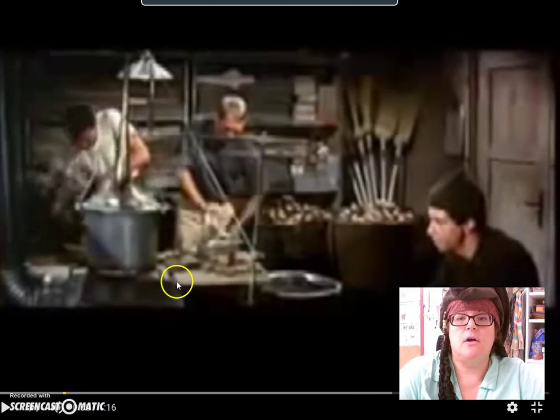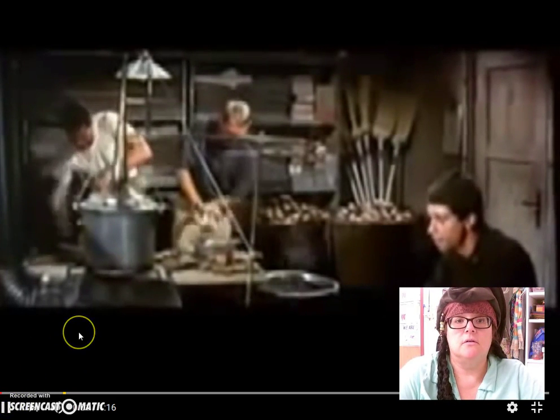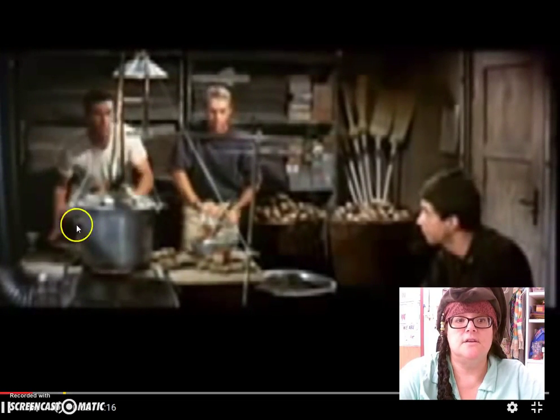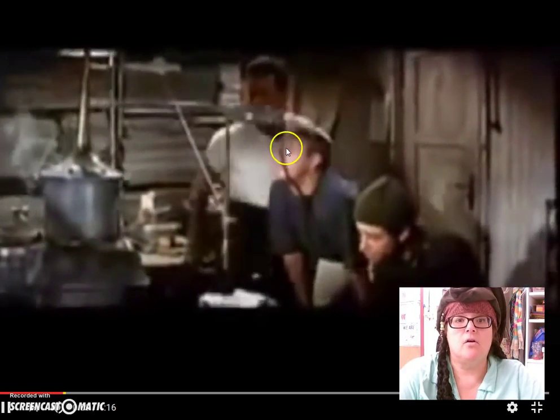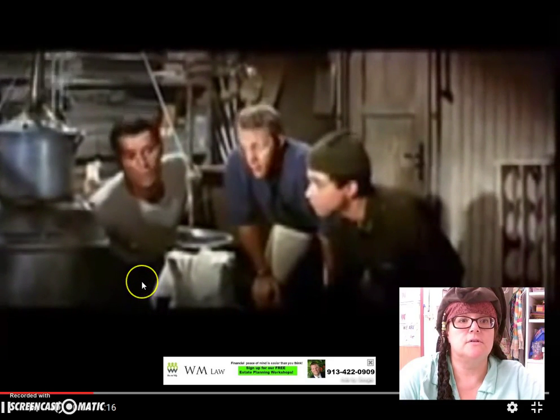This is a scene from the movie The Great Escape. I don't know how well this is going to turn out, so we're going to find out. These are the 3 Americans who are in the prison camp, and they've taken all the potatoes in camp, and they are making moonshine. This is their still, and they're about to get a drop of alcohol out of it. This is not a great picture. I'm going to see if I can find a better picture of this.